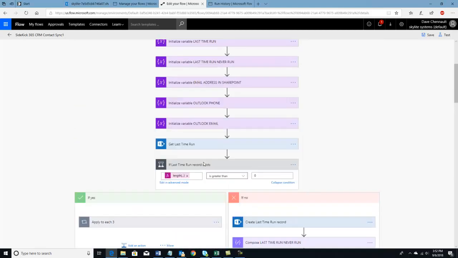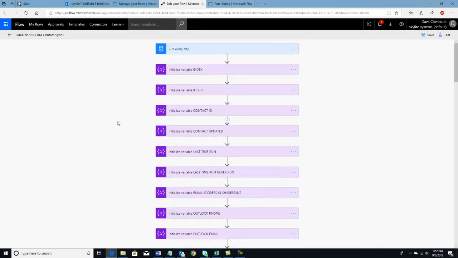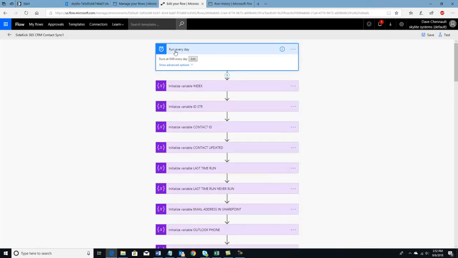So bottom line is that we have this very powerful sync between SharePoint contacts and Outlook contacts working, which is great. And we can run it every day like we want to, which is great. And it works very well. So we're looking to you guys to help us figure out how we're going to deploy